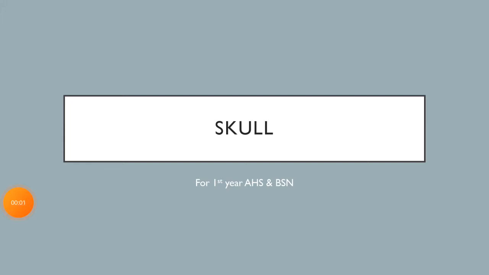In today's lecture, we will cover the skull and discuss all the bones that take part in the formation of the skull. Basically, we divide the skull into two parts, the cranium and the face, and we will discuss all the bones individually and look at their structure and the different parts that form the face and the cranium.